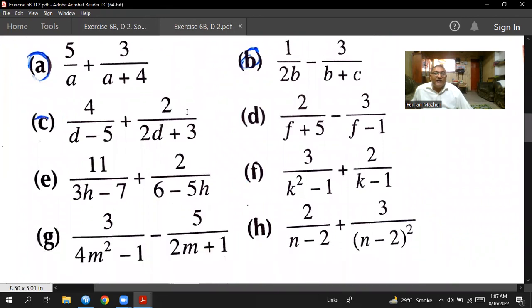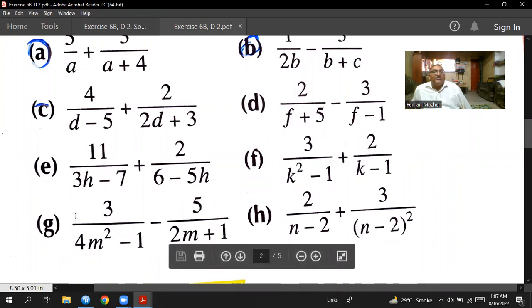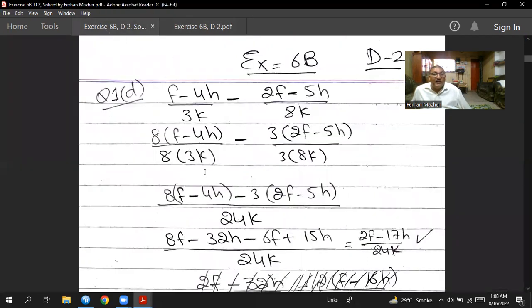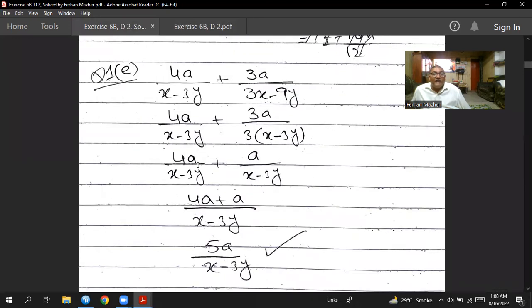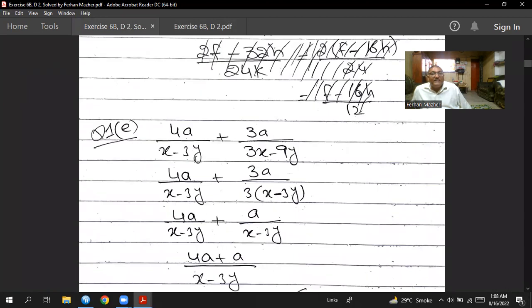Question number 1 is E part. It says 11 divided by 3h minus 7 plus 2 divided by 6 minus 5h. Okay, so these are totally different and they cannot be made same. We're talking about the denominators. This is 3h minus 7 and this is 6 minus 5h. So they both will be in the LCM or in the denominator. So this is question number 1, and it's